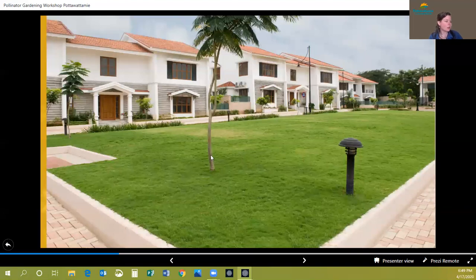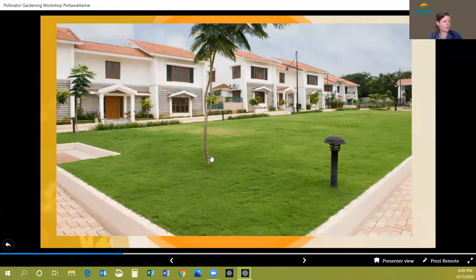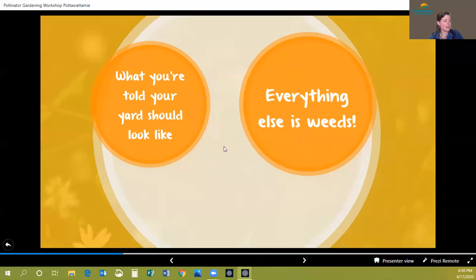So we've all been told that this is what we're supposed to have if we're a good neighbor, right? When your house looks nice, it'll sell for higher if you have a nice looking lawn. It doesn't have to be that way, right? But if you are not someone who thinks a lot about biodiversity and thinks about pollinators, you might see, well,